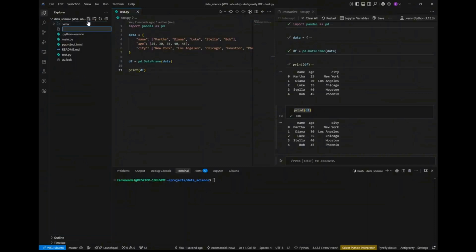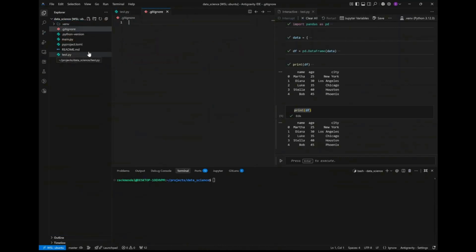So to do that, we create a .gitignore file, and then we include the names of the files we want to ignore. .venv file ignored. .python-version, okay, we might need that. So the only file for now that we need not commit is our .venv file, because if we remove the .venv file, and let's do that and see,